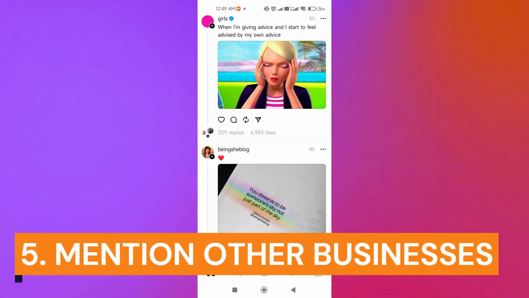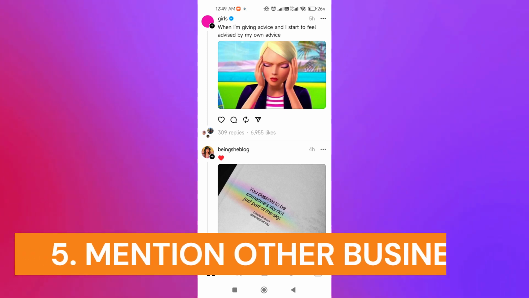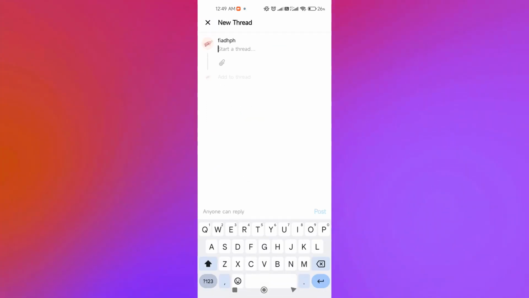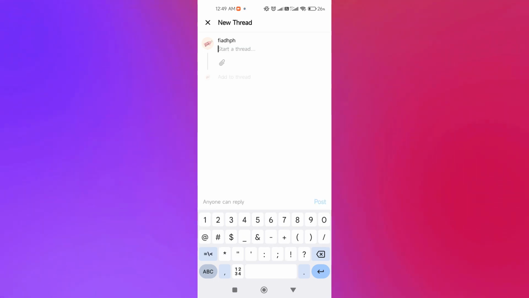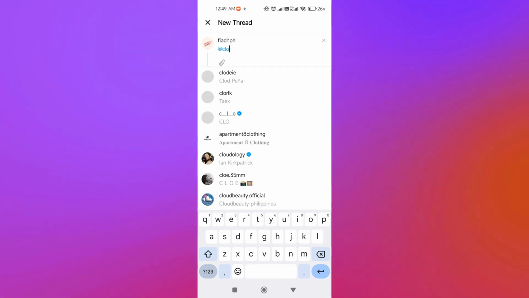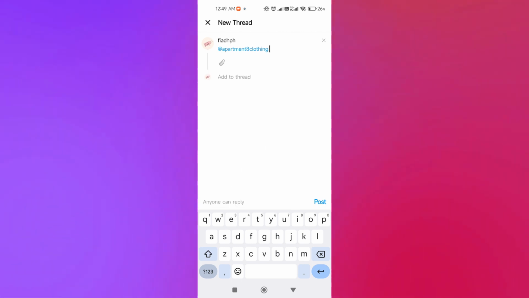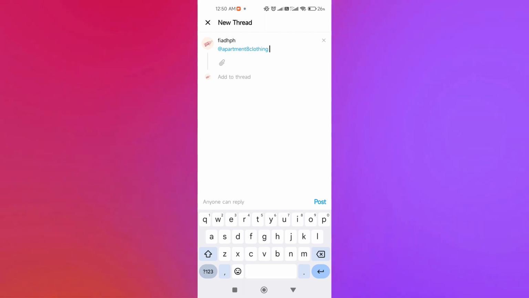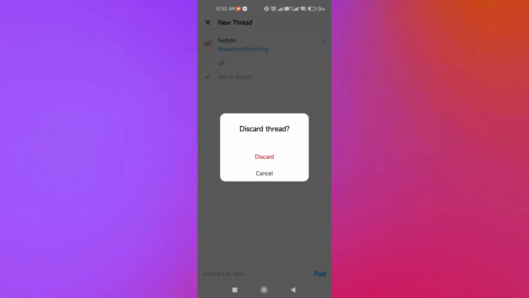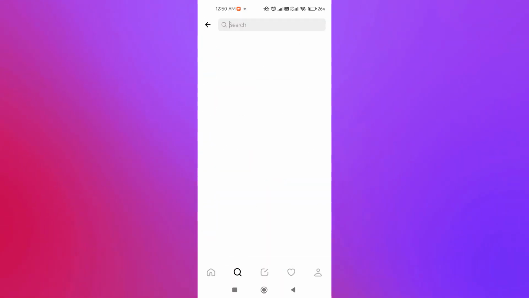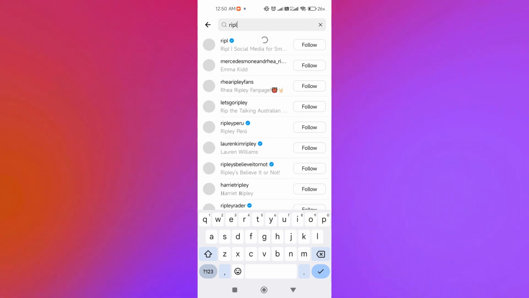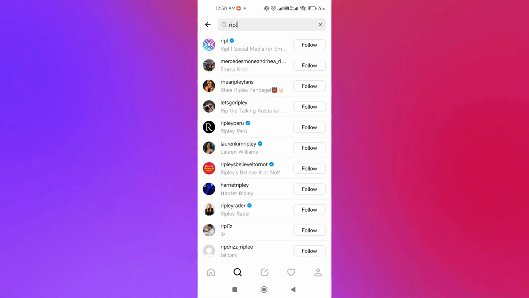You can also use the at symbol to mention other businesses and ask them to return the favor. Say, for example, you're going to add a new thread. We're going to use the at symbol, and we're going to type clothing. Since our business is about clothing, we are going to click, say for example, apartment and clothing. Then we can mention this user, and we can ask them to return the favor as well. So we are helping each other in a way. Just click post,